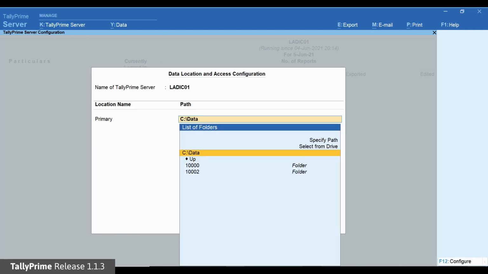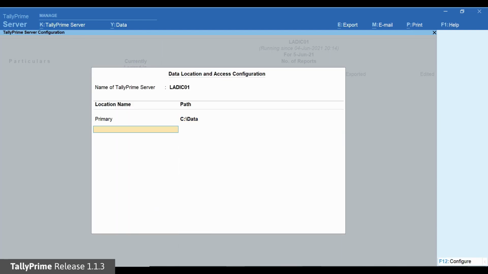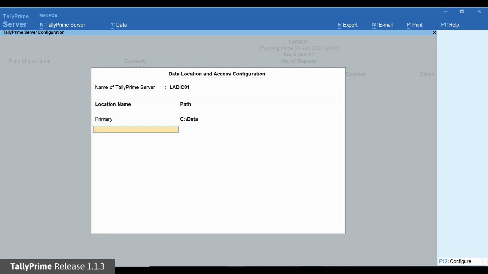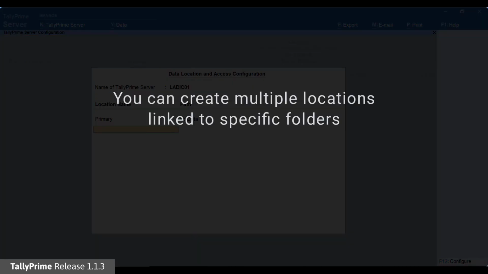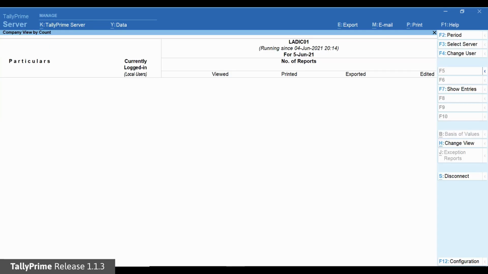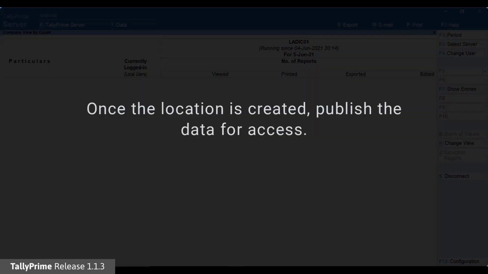The folder path is linked to this location. In Tally Prime, you will select this location name and access the data in the given path. You can create multiple locations and link each to a specific folder path. Save the changes. Now, you can publish this data for Tally Prime users to access.